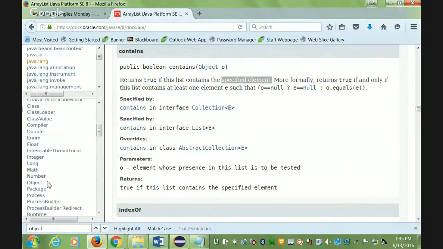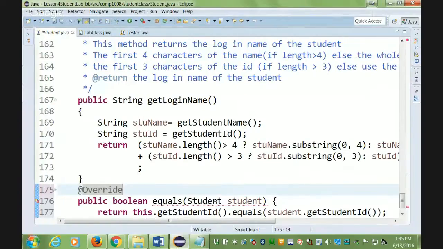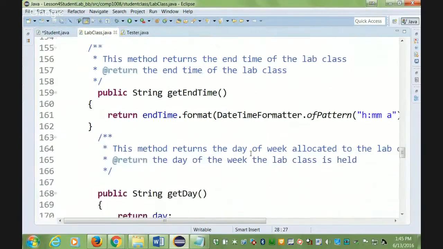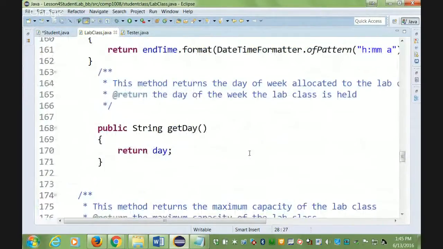But as I remember, ma'am, it's the same. I heard we cannot create two students with the same ID, but we can. We will be able to create. So instead of writing an equals here, you can do it in the lab class. When you add a student, when you enroll a student, you could check for one ID, because ma'am, I heard when